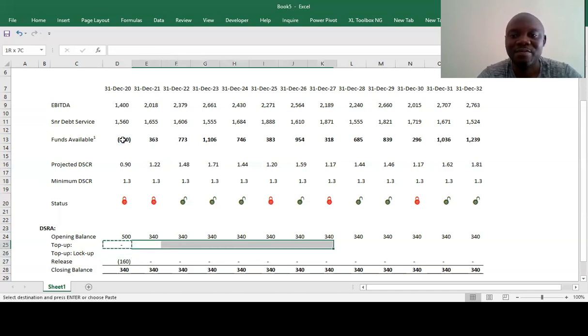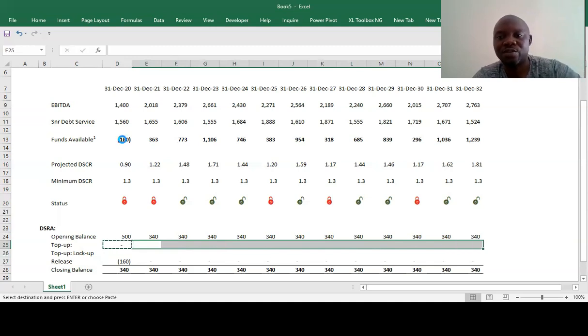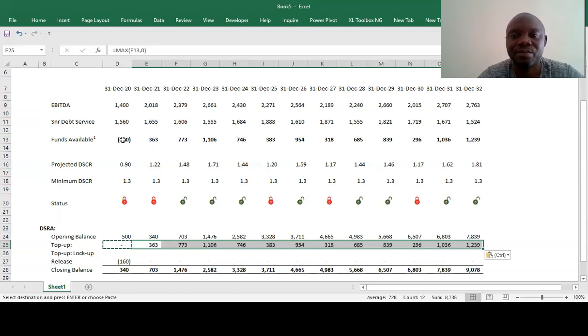This is the wrong one, but I just want you to follow through in terms of the logic. What it means is that even in areas where you haven't done a lockdown, you're going to have a debt service reserve account that is higher than the minimum.